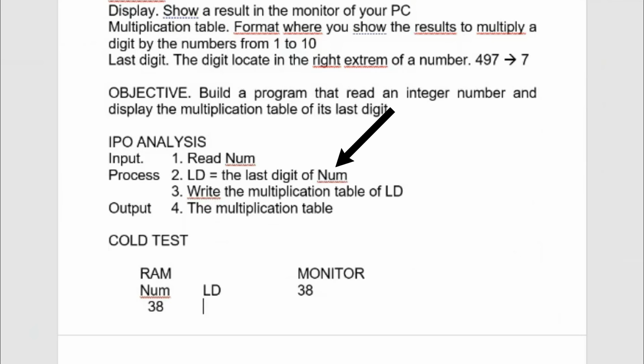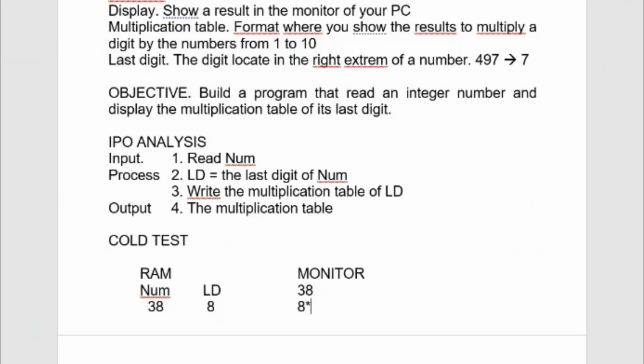Step number 2, LD is equal to the last digit of num. So if num stores 38, the last digit is 8. Step number 3, write the multiplication table of LD. LD stores 8. So the multiplication table is